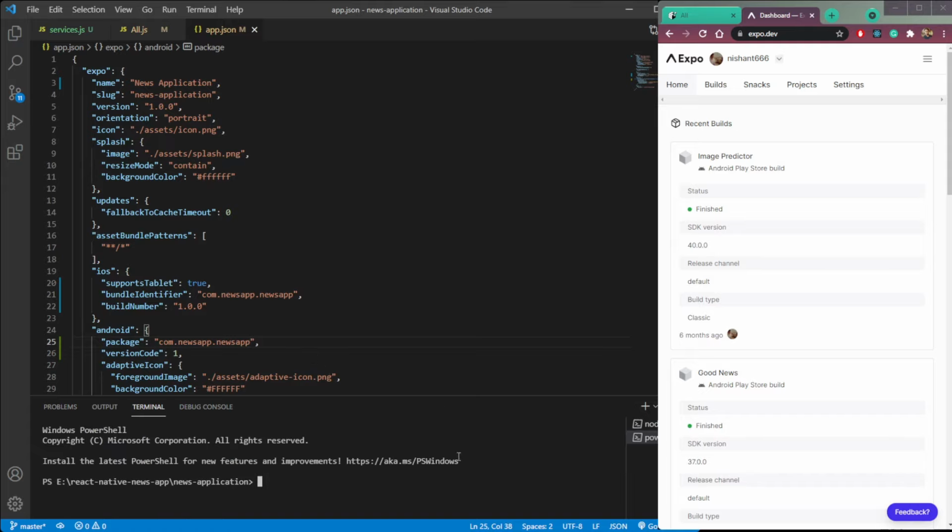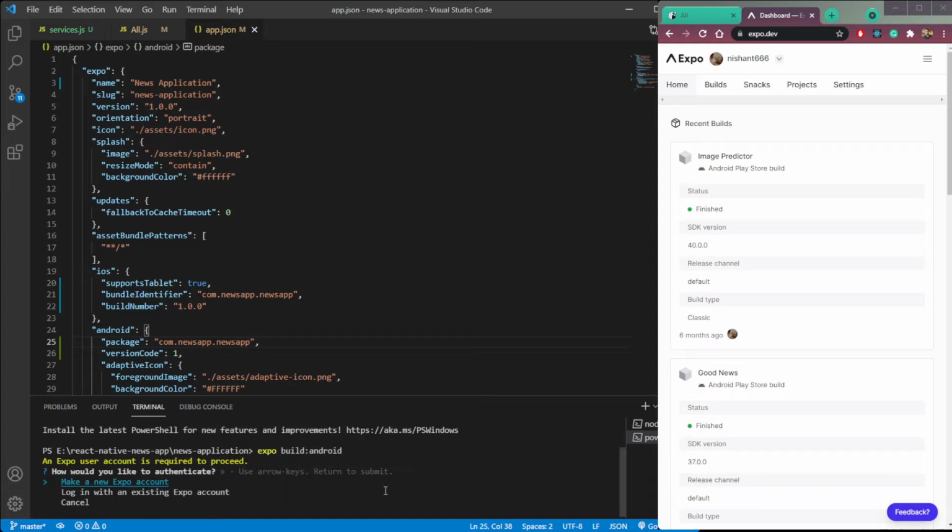And to generate the build, we just need to type expo build and Android. It will ask us a few details. So wait for it. As you can see, we are getting some authentication options to create a new expo account.